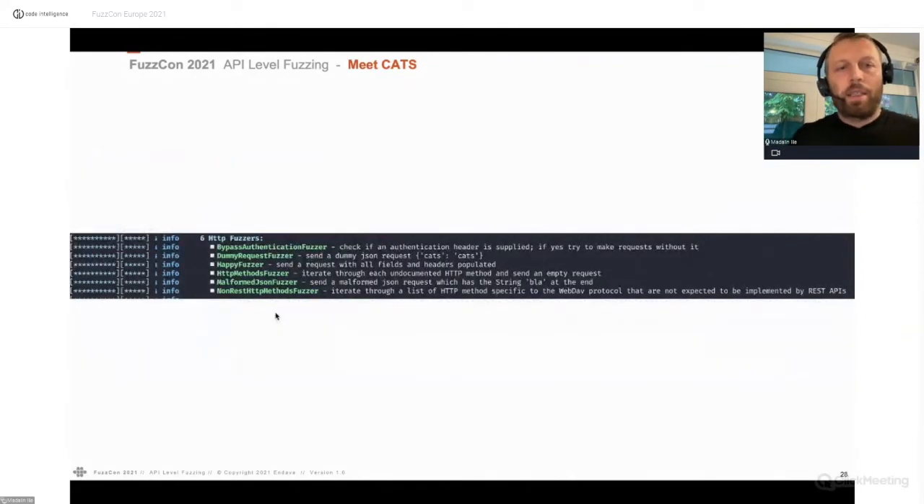And on the HTTP side, as I mentioned, it's mostly the bypassing authentication fuzzer. So if it detects any authentication header, it will try to remove that and see if all the endpoints are actually responding with a 401 or 403 response code. It will send a dummy request to see if you can inject something in there. So if I send a dummy JSON, would it accept it or not? How would it behave? And some additional ones which you can find in the